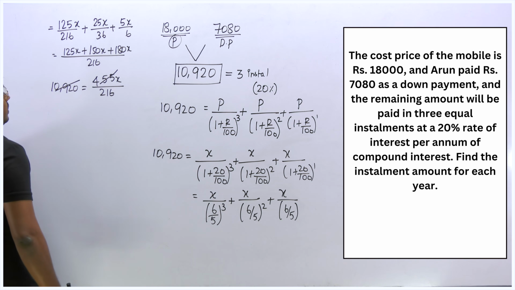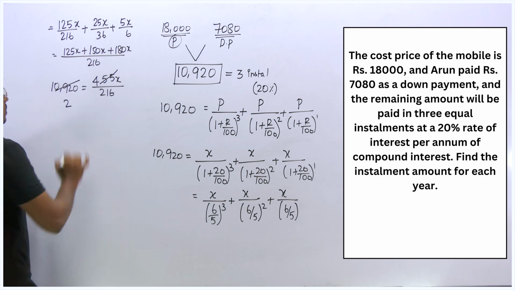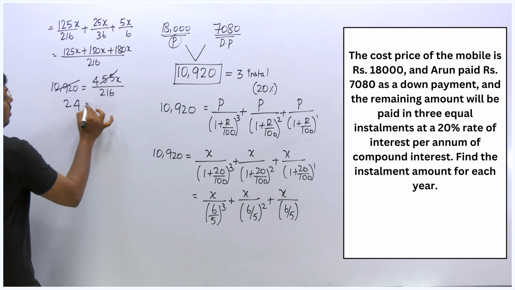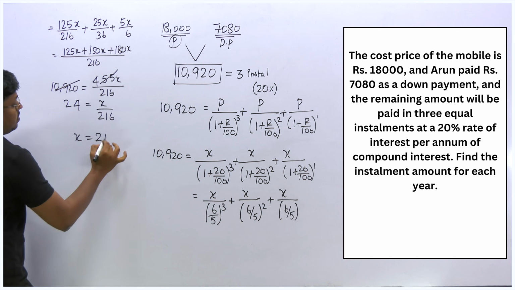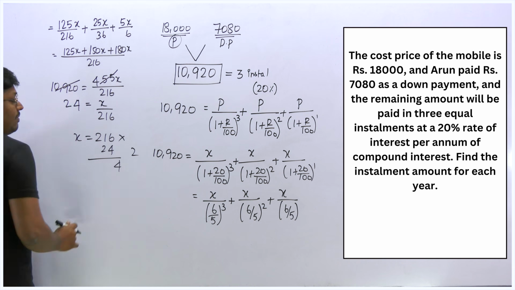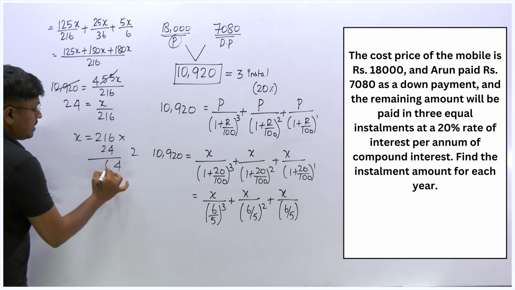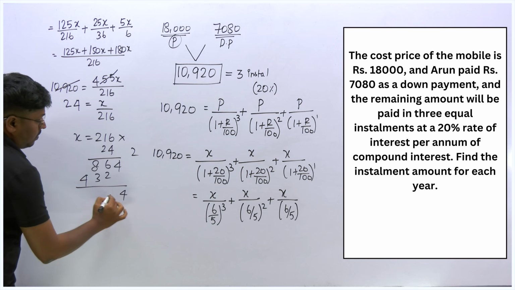So this will be 4 2s are 8. 2 times 4 times is equal to x divided by 216. So x is equal to 216 into 24. So 6 4s are 24, remaining will be 2. So 4, 6, 8, 12, 1, 3, 4. So this will be 4, 8,